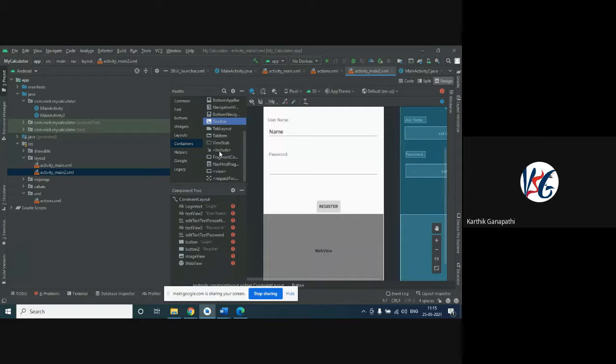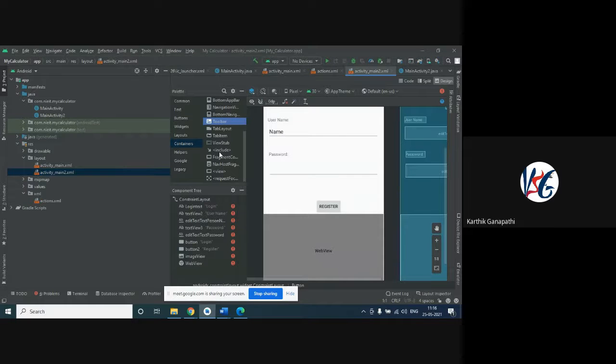Next comes the include. Why do we need to use this include option? What do you mean by an include? For example, if I'm using a container and inside that container I'm going to add some other components, then I'm going to use this include. As I told you, I'm just explaining what exactly the components are, but I'm not going to explain the practical things in this session. I'm just telling you how this is going to work. If you want to learn this, I will tell you where you need to go and learn about this concept.